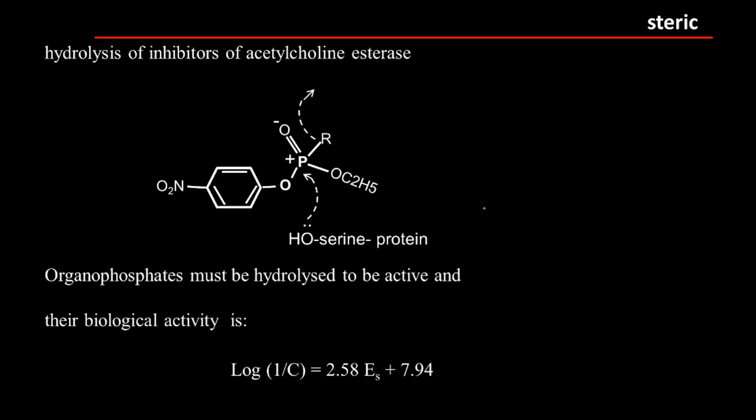So hydrolysis of this acetylcholine takes place here. Okay, it attacks here. Okay, so organophosphates must be hydrolyzed to be active, and their biological activity depends upon the size of this group, the size of the leaving group here. Okay, so the activity is directly proportional to this size of the leaving group, or it's also called a Taft